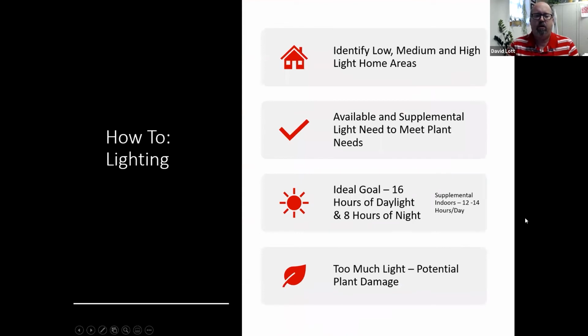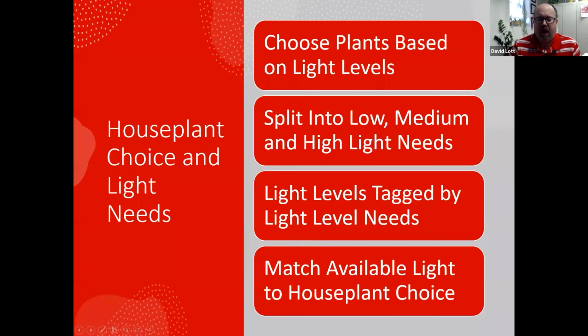Okay. So what we need to do is identify what's low, medium, and high. We're going to split those into those needs, and we have a NEB guide here. I've got a screenshot and a link for you to pull later for reference on what is categorized into low, medium, and high. Lots of the plants are tagged low, medium, and high needs, even the basic ones. So that does give you a little bit of an idea.